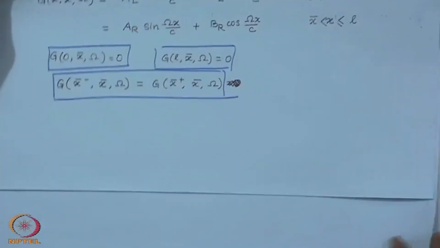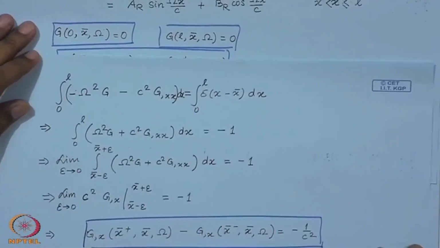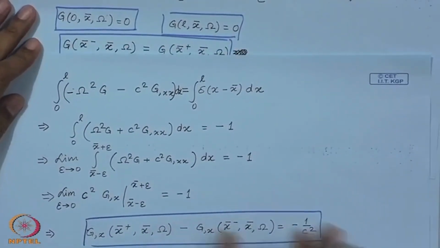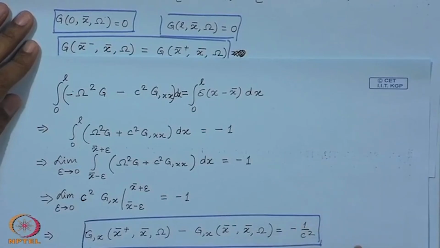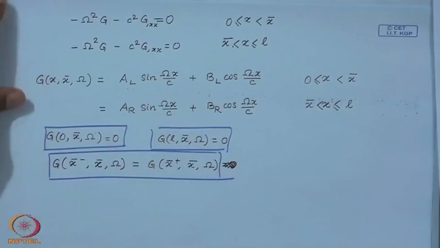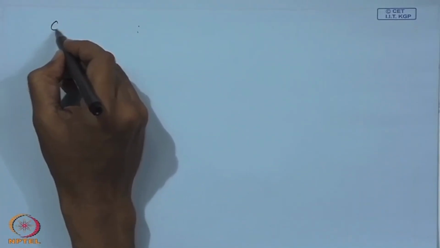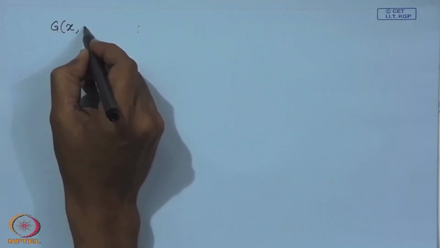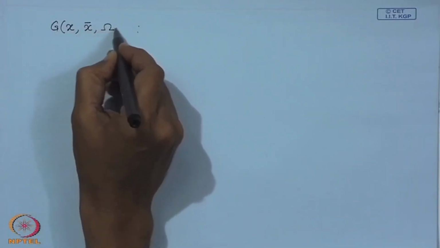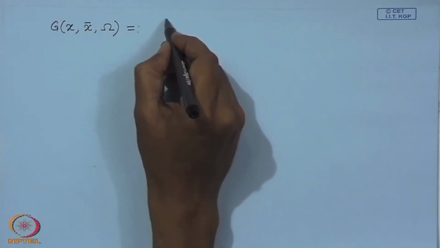These four conditions can be used to solve for the unknown coefficients A L, B L, A R and B R. If you use these four conditions, solve for these unknowns, and finally put them into the Green's function, then what you obtain is